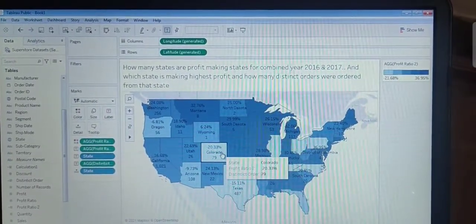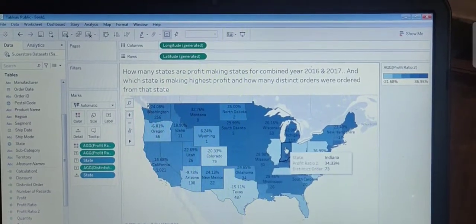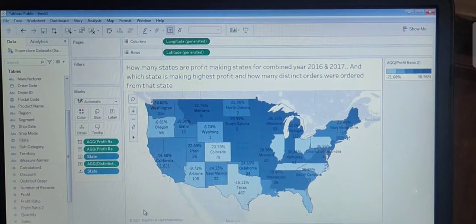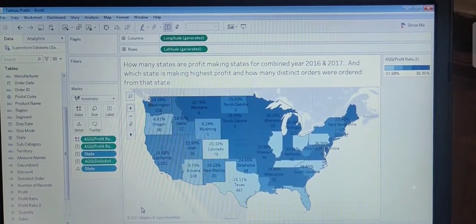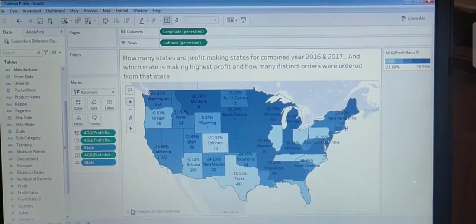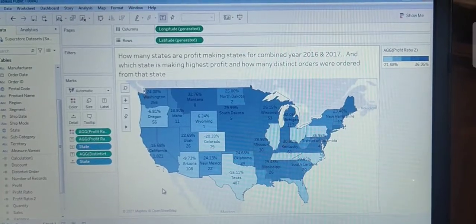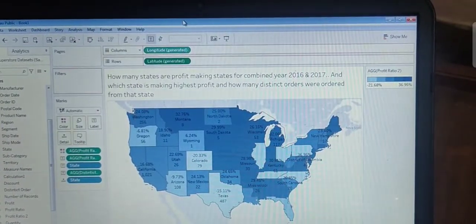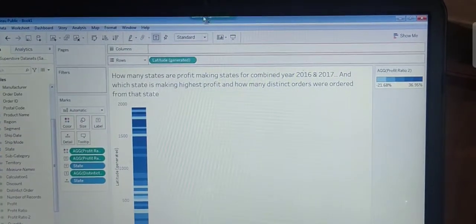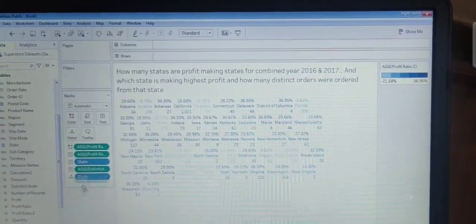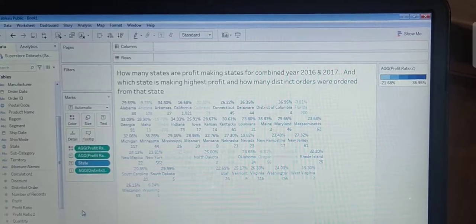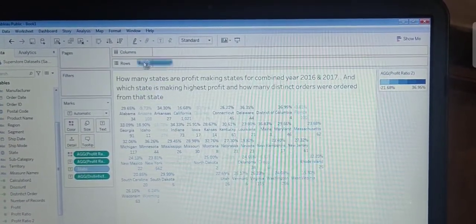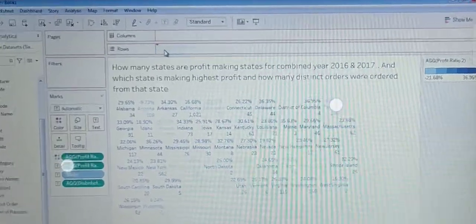So this is the one view, the geographical view, and we have another view, which is the tabular view. In that case, you need to remove longitude and latitude from here, remove state from text, and move it to the row shelf.